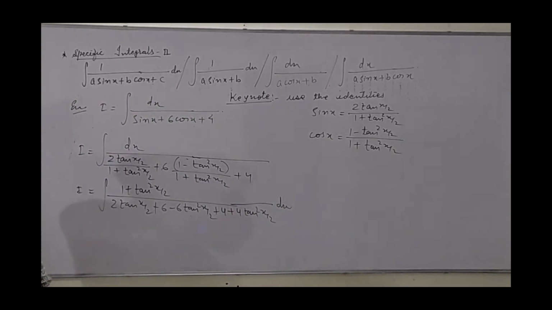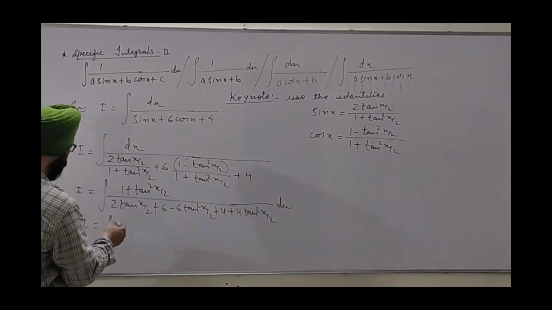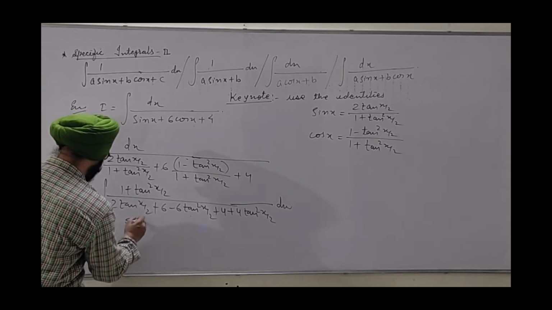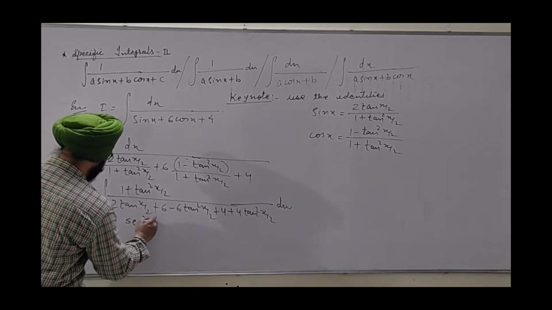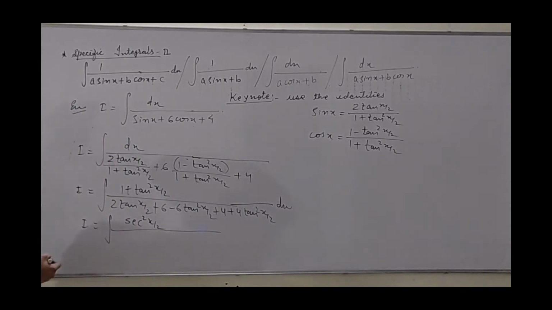Now comes the turning point of the solution. This numerator should be written as sine square x by 2. You can see the identity is applicable. So we will write, slowly we are moving to the previous pattern. Not exactly the same, but a kind of. It is sine square x by 2 I have done.